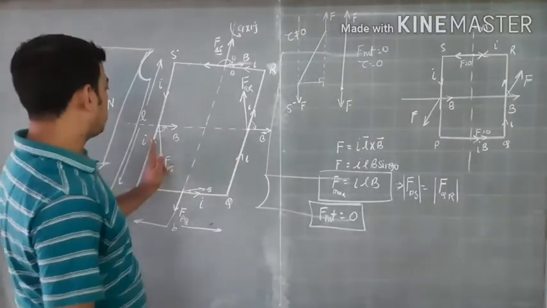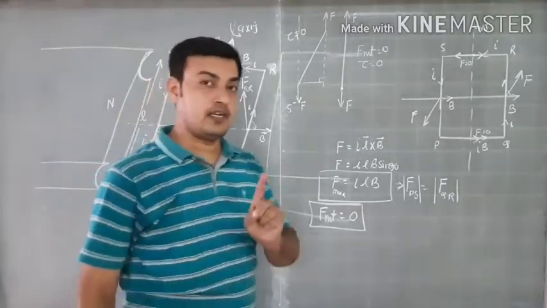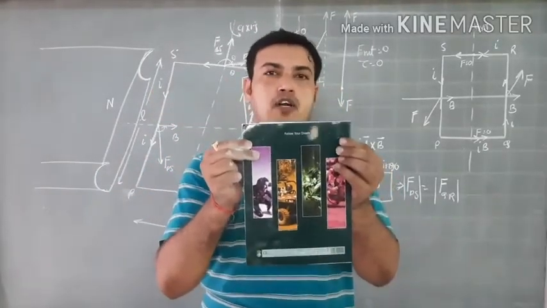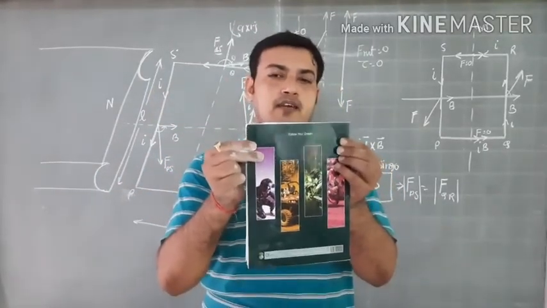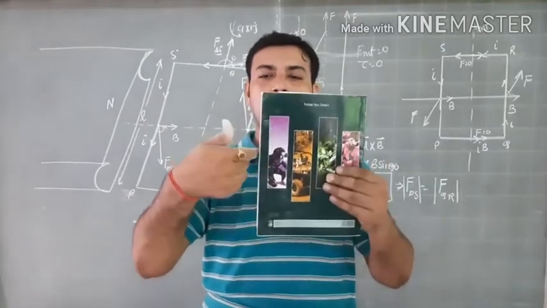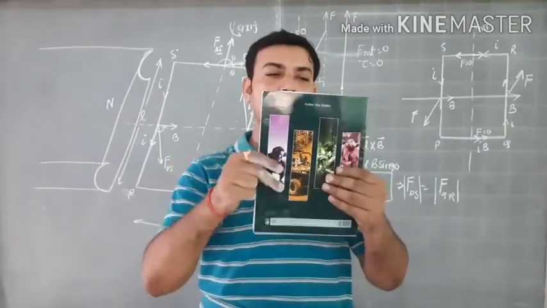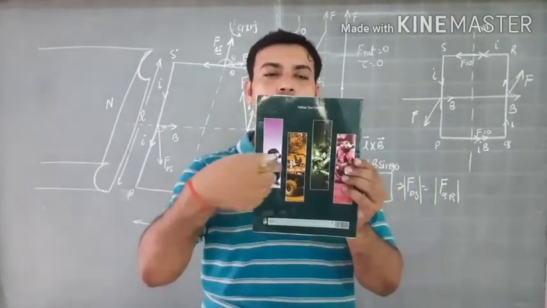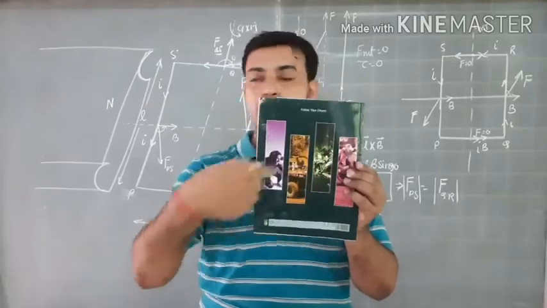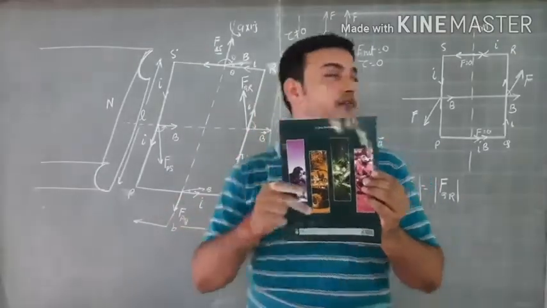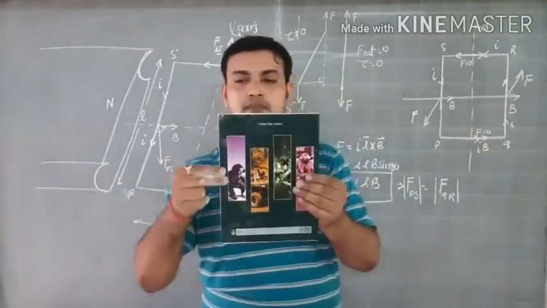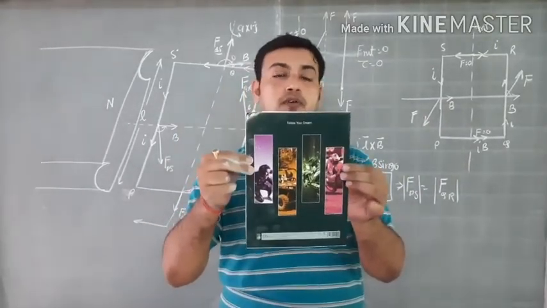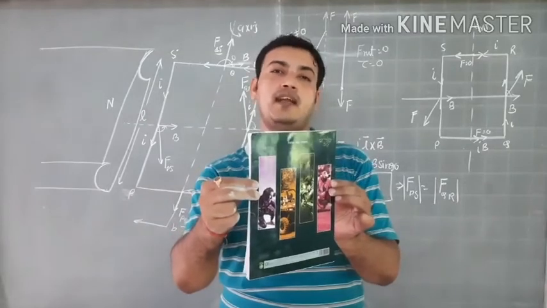So there are two forces that are equal and opposite, but they are not acting on the same line, because my coil is not placed like this. My coil is placed like this, or in this case also the force is this in the inward direction, this is in the outward direction. So in that case, these two forces have this distance that is equal to B for this case. So the distance between the forces will be B if I place my coil like this, but I told you that my coil is placed something like this.